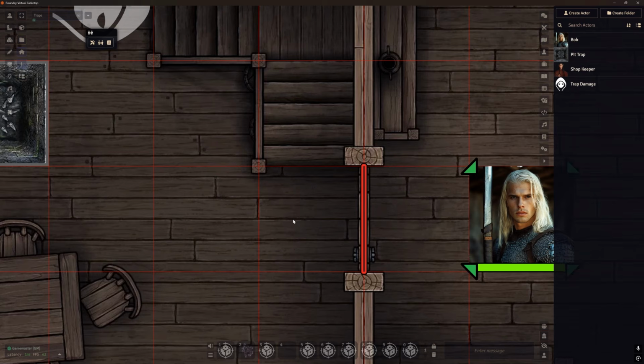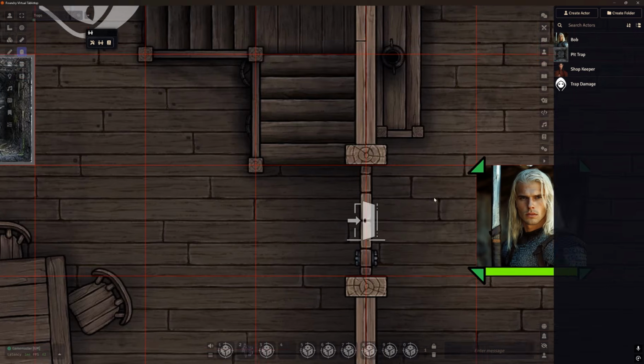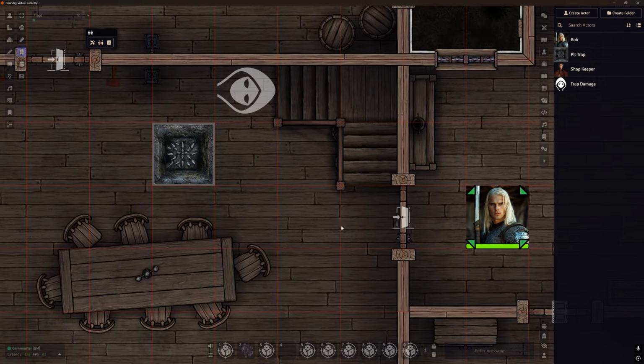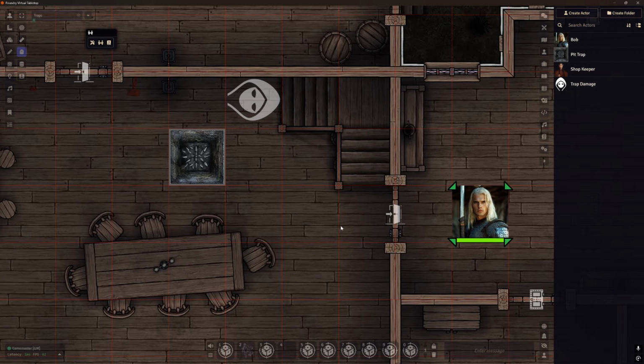Standing here, I have not entered that tile. Crossing over it, I've effectively entered the tile to move through it. So by making this really, really skinny, that effectively puts that trap on the threshold of this door. Now we've still got the twang sound, but that makes it seem like the twangy string is actually across the doorway, as opposed to the tripwire being here. It's like, no, the tripwire's actually in the door. So you can absolutely do that, and just be a bit careful about where you put your little